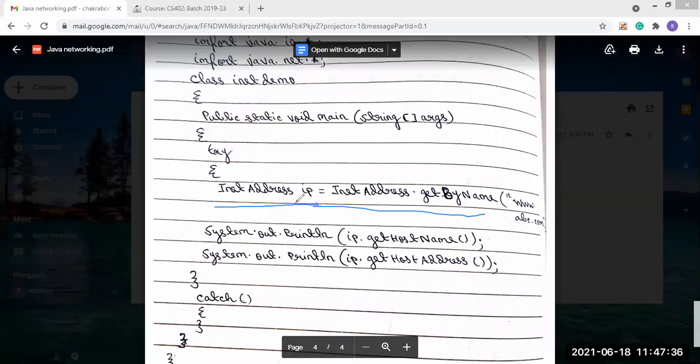Inside this java.net package the InetAddress class is present. That's why we are importing the package here, and for this reason we are creating the object of that class, because this InetAddress class is present in where?